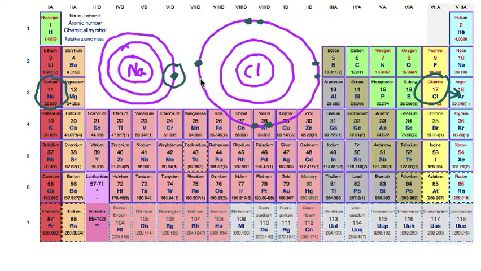So look what happens. When sodium and chlorine get together, what would happen if you put sodium metal with chlorine gas, for example, is the sodium would actually give this electron to the chlorine. Okay? And there would be a violent reaction if that happened. Now, the sodium and chlorine on Earth right now has already done that, and so we don't see this violent reaction going on all over the place. The chlorine has already gotten 1 electron,